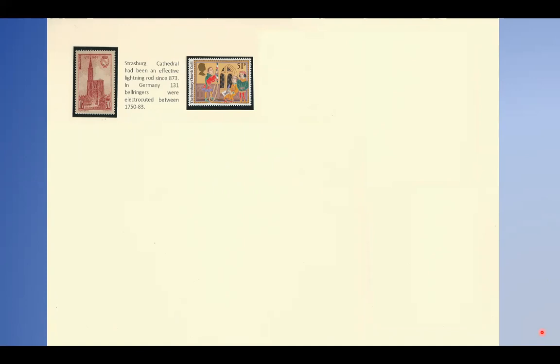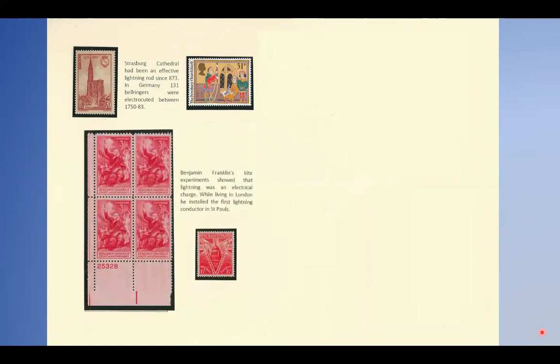The first major blow against this religious dogma was Benjamin Franklin's famous electrical experiments with a kite, a key, and a rope in 1752. Later in the same year, he installed a copper lightning rod on the dome of St. Paul's Cathedral while working as a diplomat in London. And many people credit him as the inventor of the copper lightning conductor, but not the Czechs. In Bohemia,